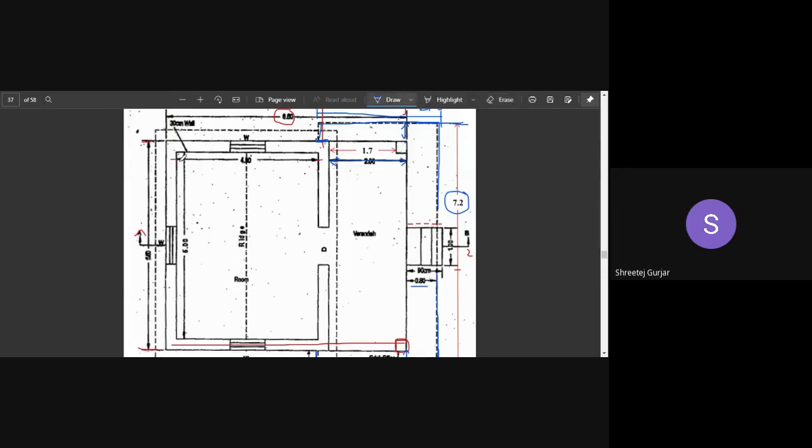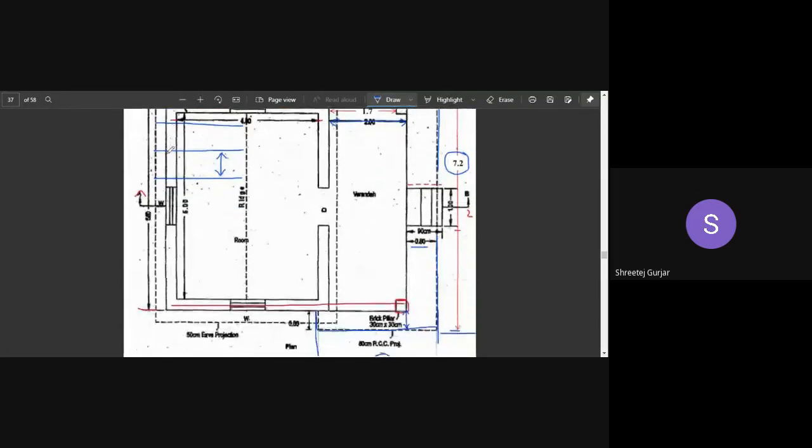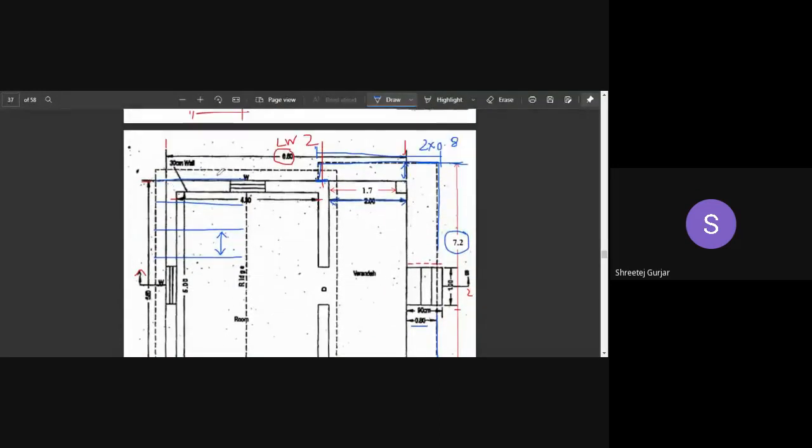So our common rafter needs to be provided like this. No, it is starting from here, going up to here, like this. It needs to be provided. So these are our common rafters, right? So this spacing is what? This is 40 centimeter center to center. Okay, and the length we need to provide is 6.6.